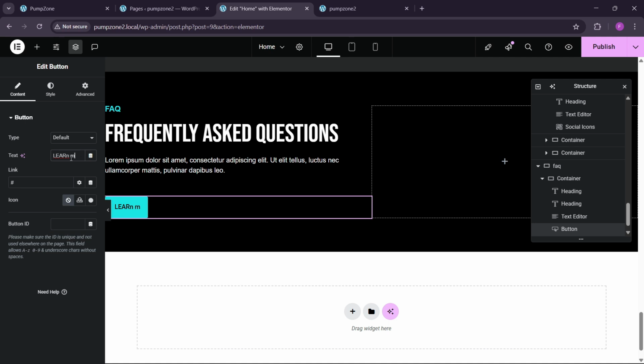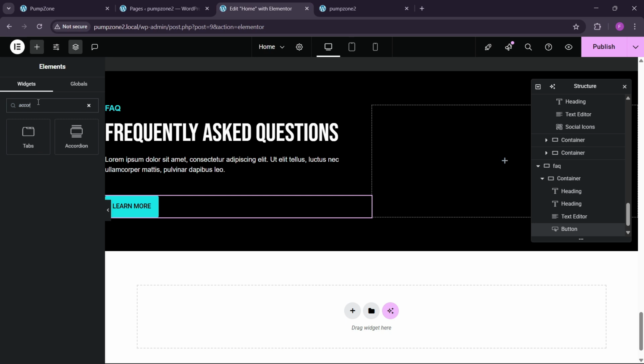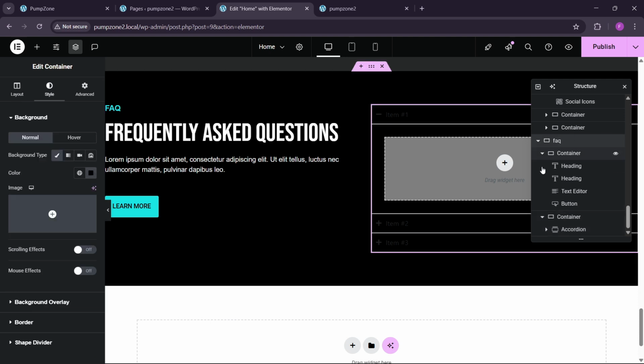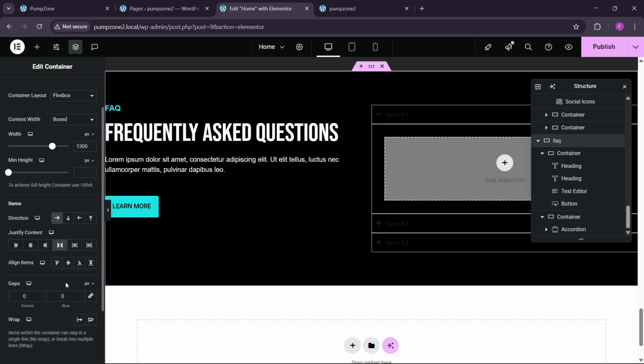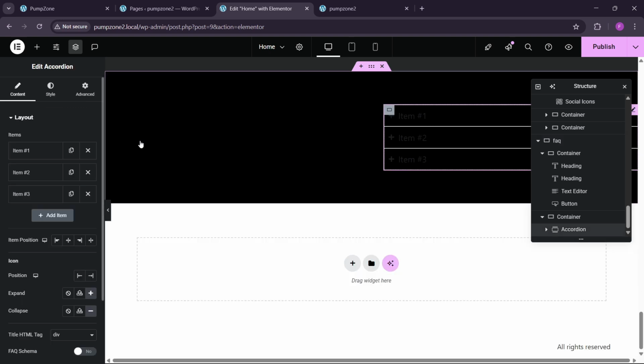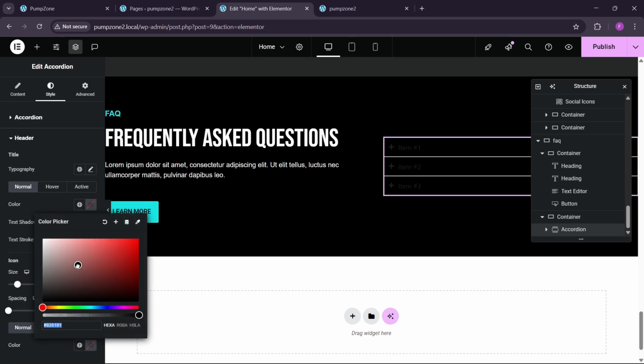Okay, spelling is wrong, so we're gonna put this more, baby. So let's make this in the caps. Okay, learn more. So after that you can see we have this accordion. So let me search for the accordion widget, and here we can just drag and drop this. We can put some gap here also, 60. Okay, now first we gonna make this complete white,